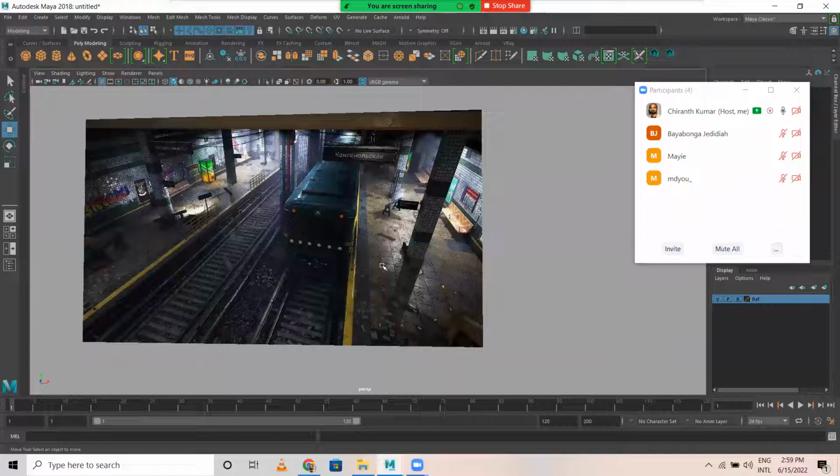So here also, you need to visualize and look at the reference very carefully. I cannot make the train so small because it doesn't go well with this reference. So all these things we need to keep in mind when we are working. Fine, then let's start the model. I start the model with